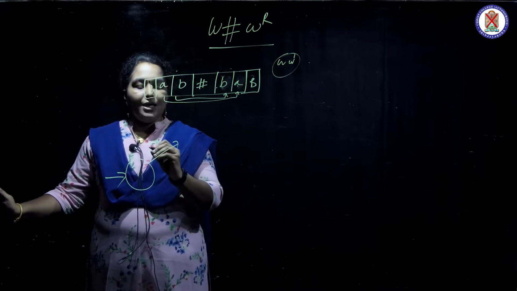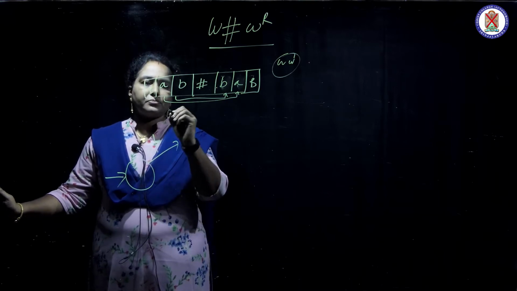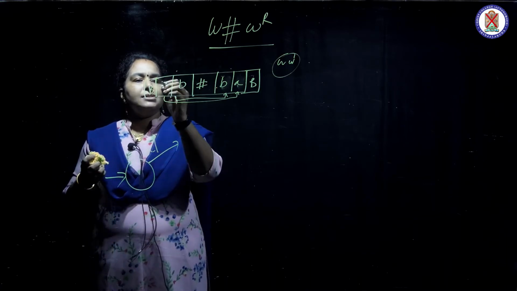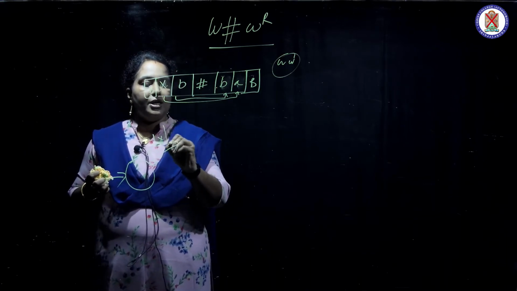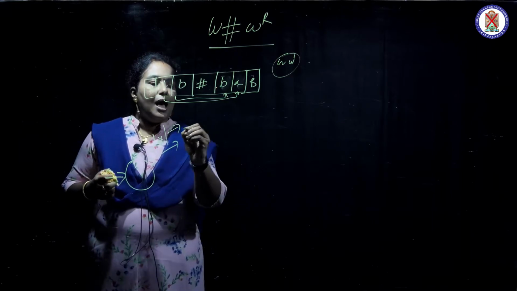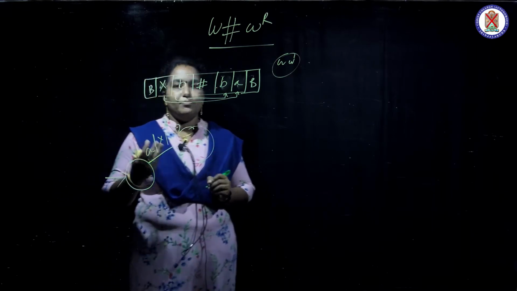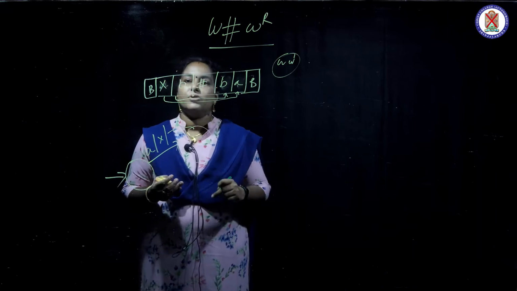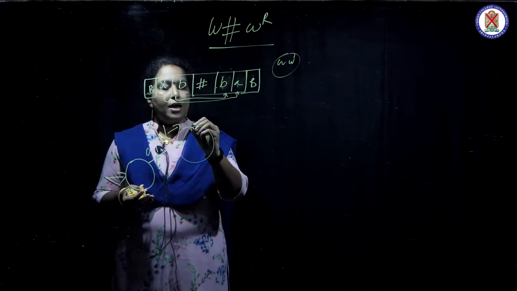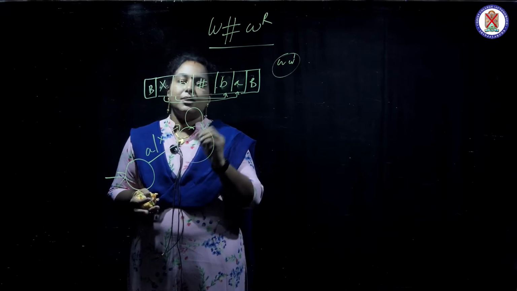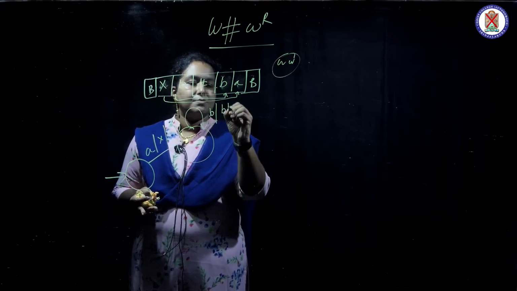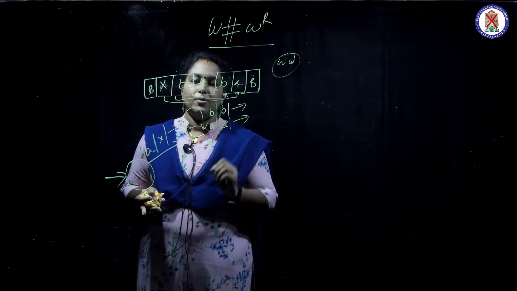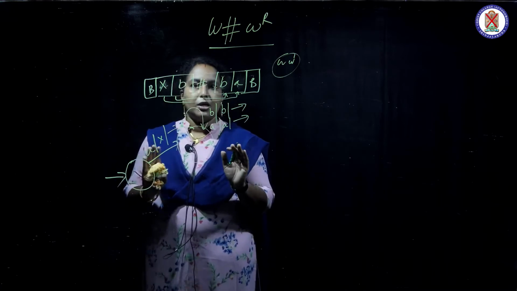So if A comes, I make it as X and move forward. In between, when B comes or A comes, no problem, because we have to match this A and this A first, and only then can we take the next symbol. So I bypass all other conditions: if B comes I make it as B and move forward, and when A comes I make it as A and move forward. These two combinations we are now considering.